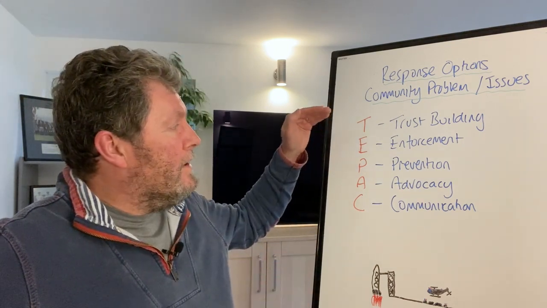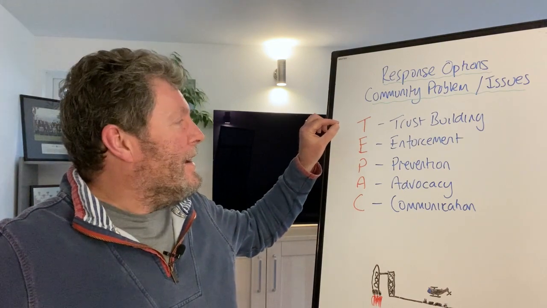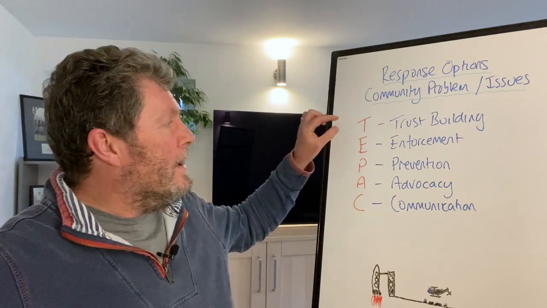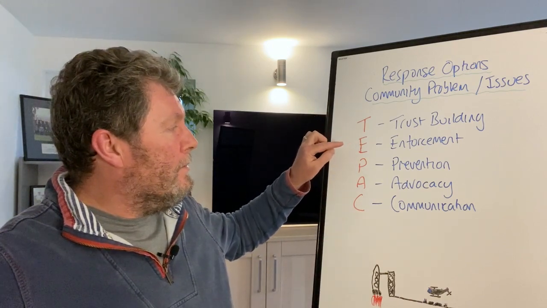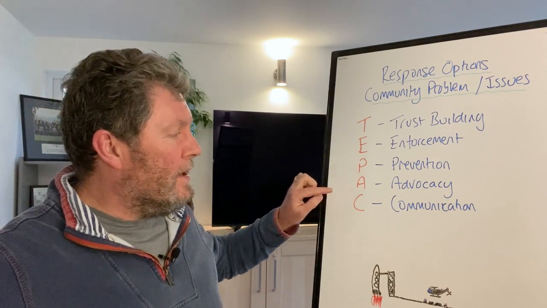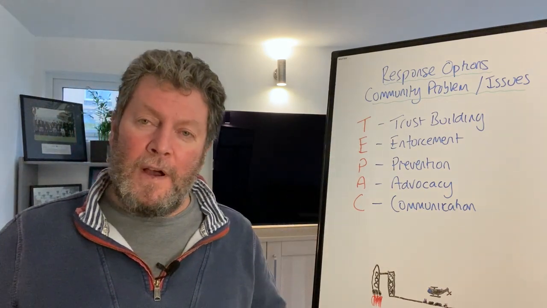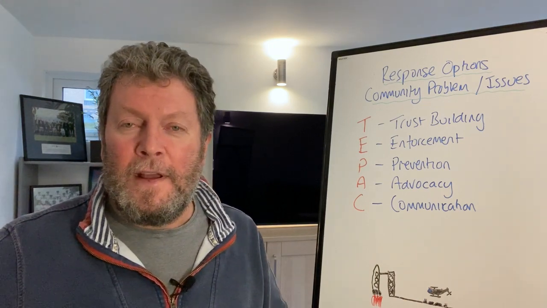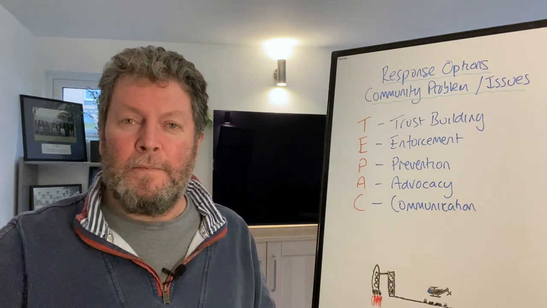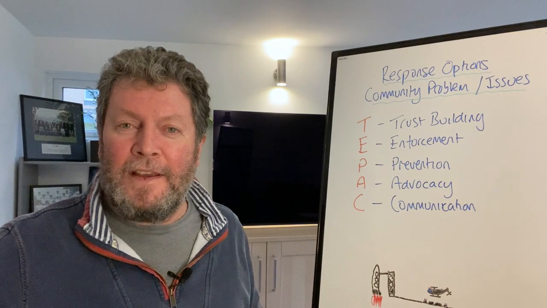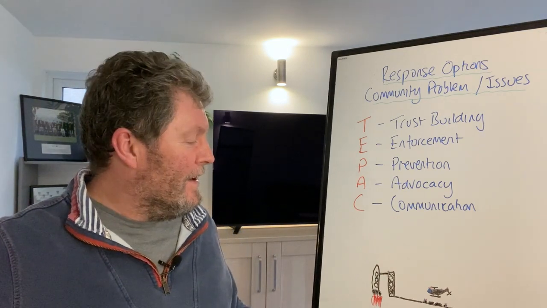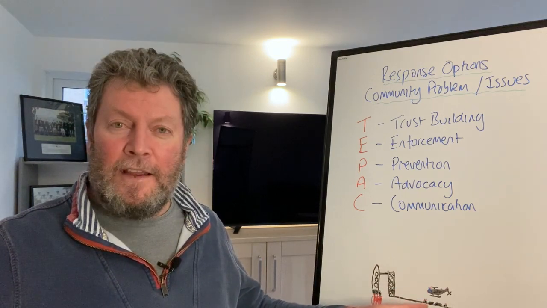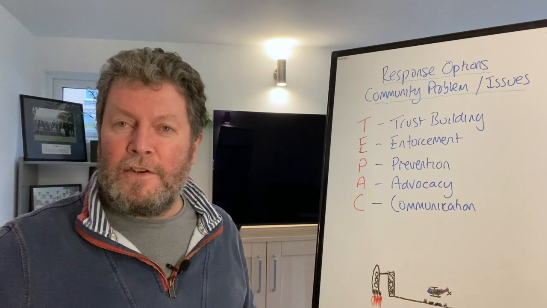So here we go, folks. TEPAC. In everything we do, and I can give you more examples if you just ask in the comments. If you've got any questions, let me know as well. In everything we do, it's not just enforcement. We're doing some prevention, trust building, advocacy, and communication. There you go, folks. It's part of a response for the SARA model. And I know I've broken that down into all sorts of different steps in other videos. There you go, response. And there's a rocket at the bottom, in case you're thinking, the little boy drew that, he's 9. Elon Musk's rocket, and that's a police helicopter, and those are Teslas taking the astronauts to the rocket, just in case you're wondering.